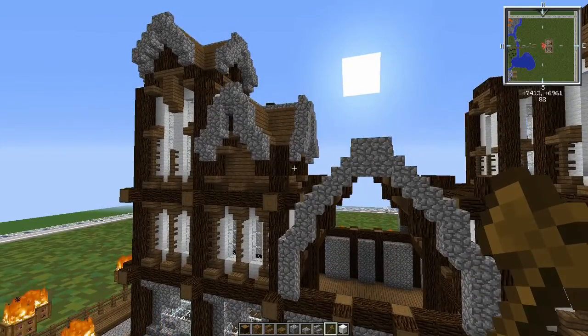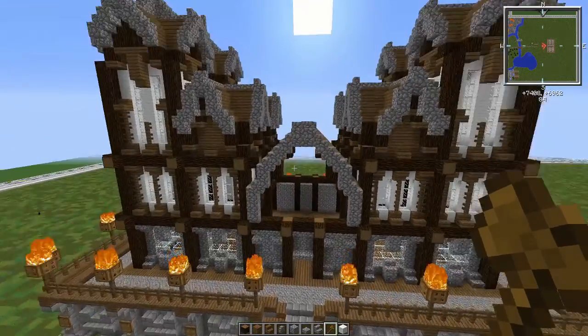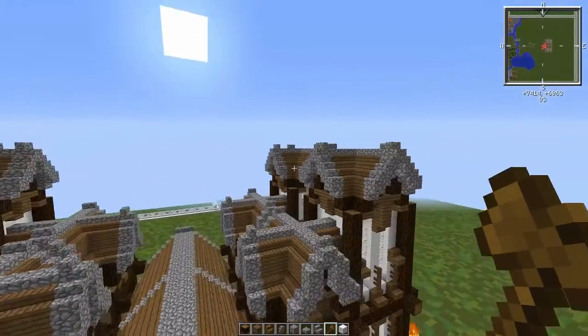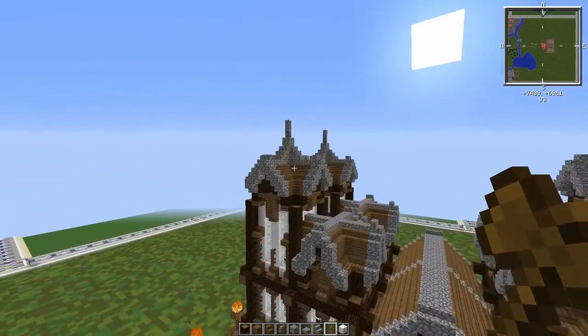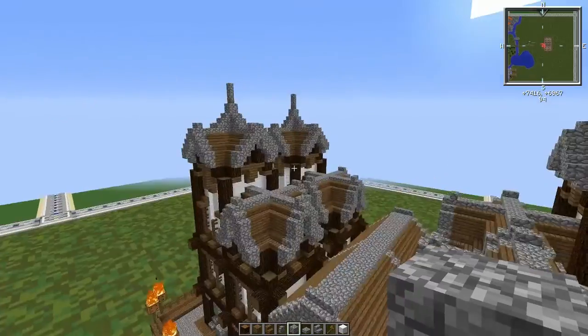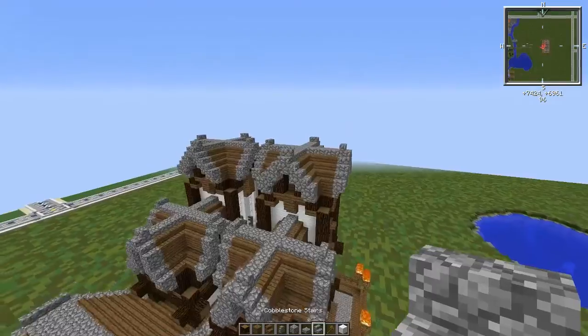Okay guys, bear with me. Back in a minute. Okay guys, I'm back, hopefully for the last time in this episode, and as you can see we have two little roof designs. I made a little change on this side for the towers. I wasn't happy with how flat they looked, so what I did was I grabbed some cobblestone stairs and I